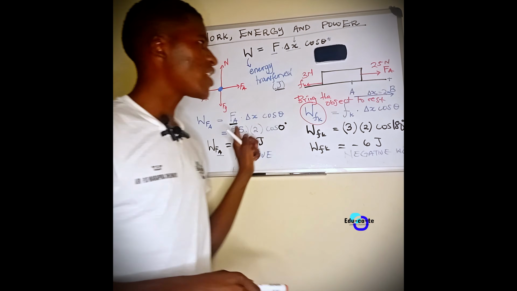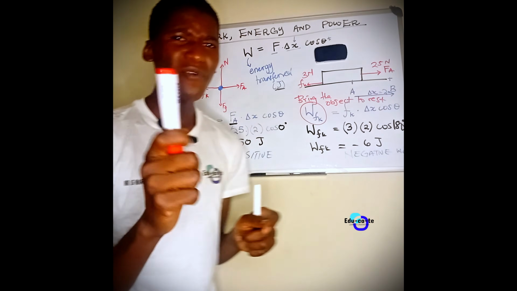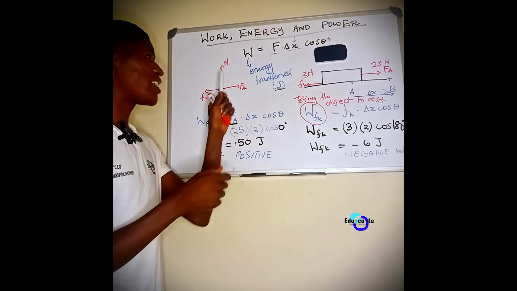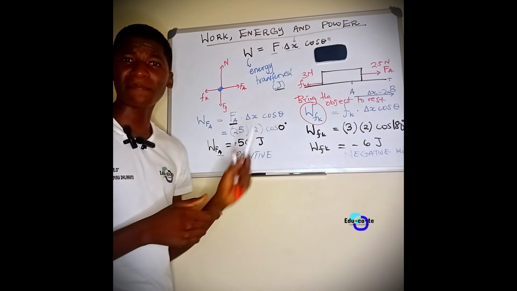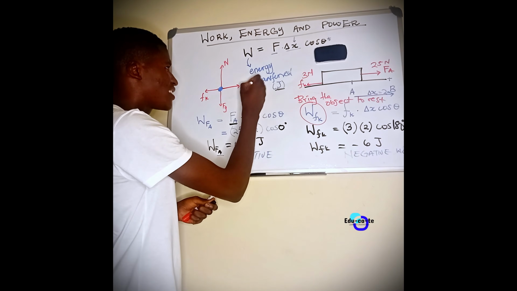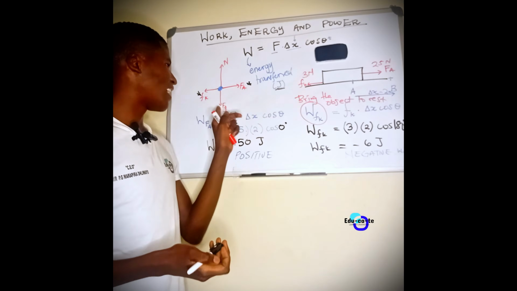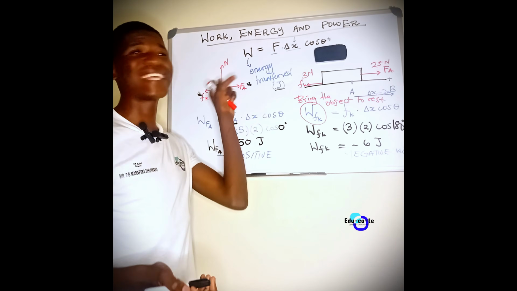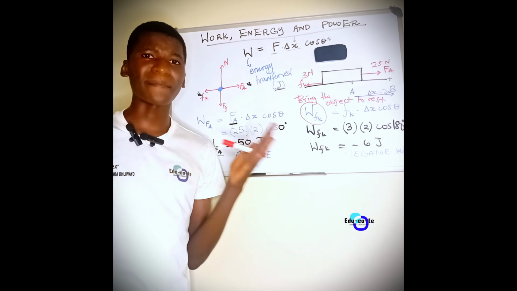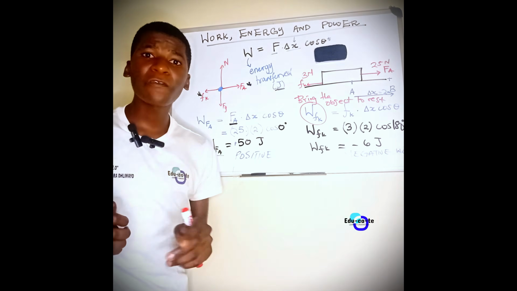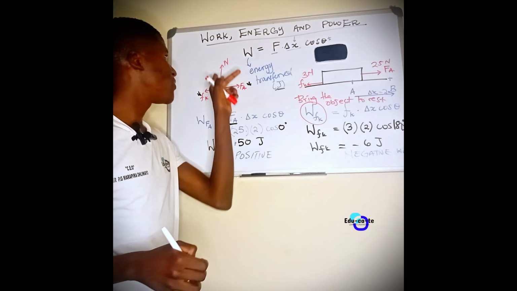So we can actually combine all the forces. But now someone is asking himself, why did I not calculate the work done by the normal force and the work done by the frictional force? Because I only calculated the work done by this force and this force. Now you ask yourself, isn't the gravitational force and the normal force transferring some energy to the object so that it can move? No, the gravitational force is not playing a role, as well as the normal force.